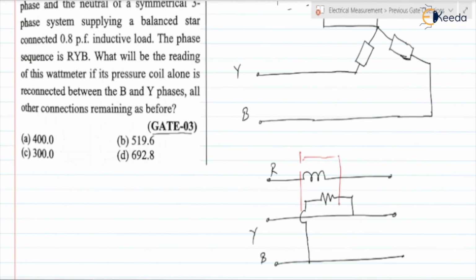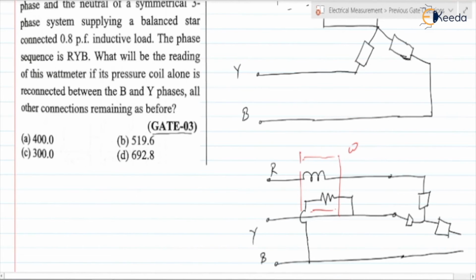This is the wattmeter, W. Definitely here we will be having the load which is connected in star again, right? So here it is the load which is connected in star, right? So this type of circuitry we are having. You're getting the point?